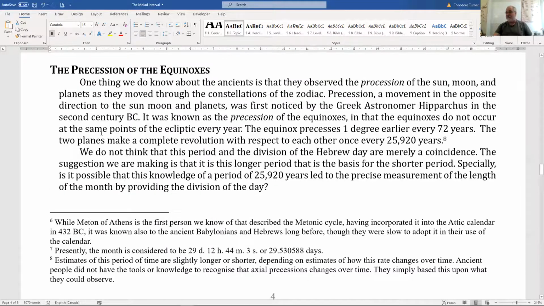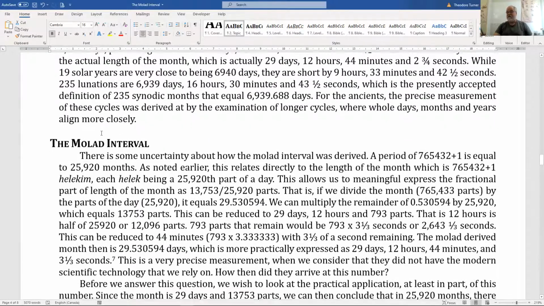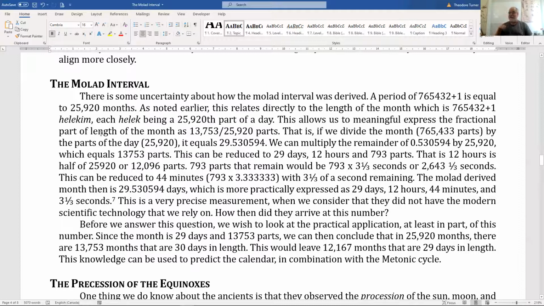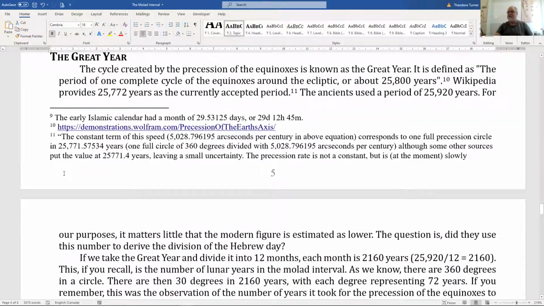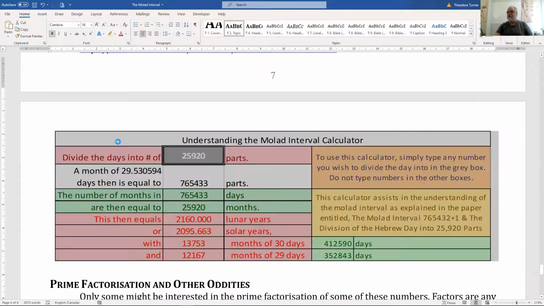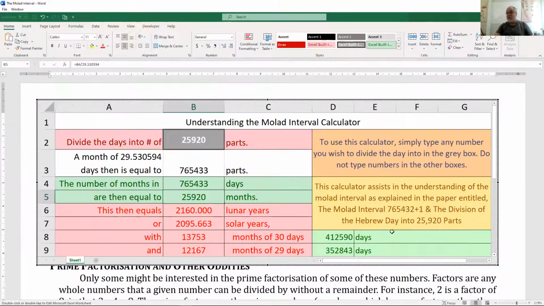So that's the Molad interval. And the thing that they could figure out is in 25,920 months. Oh, that's the other part I have to show you. I didn't show you that part, so let's go back here. So in this number of months, what it was useful for them is they could know that in